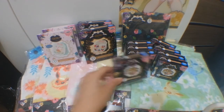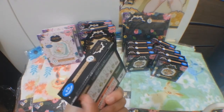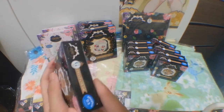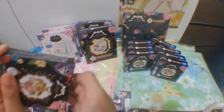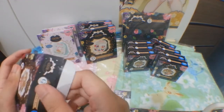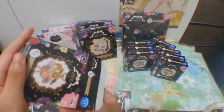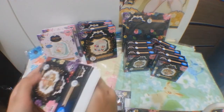So I'm right back, and just after doing this very quickly, I'm glad that the box is not like the one I did in my previous video of the Love of Sunshine the third. So yeah, let's open it and let's see which Eevee evolution we will get. And if you ask me which one I really want, it is no other than Vaporeon. But if it's for my sister, then it's